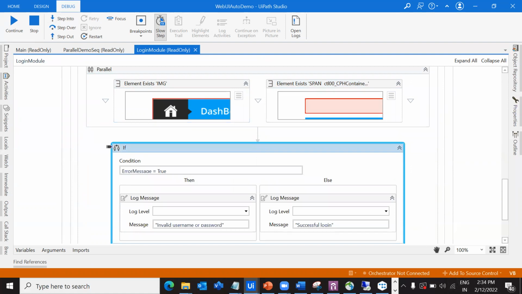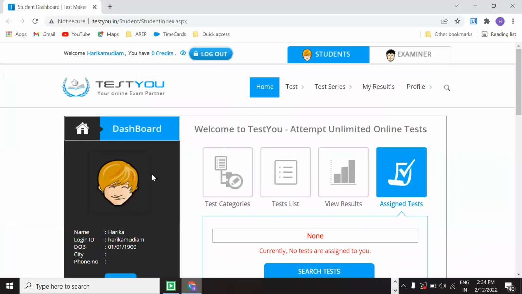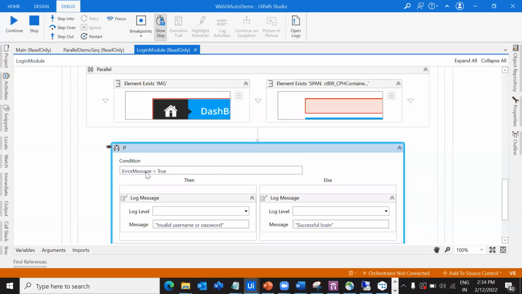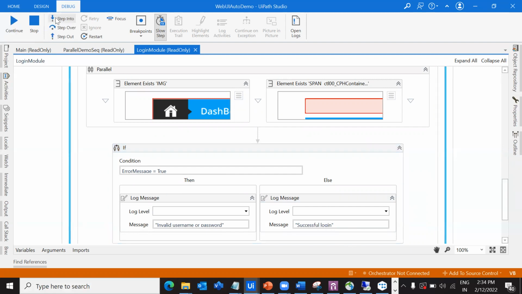So as per our scenario, we should have the dashboard, right? So it has to say error message is false. So it will be going to the else block where it will print the successful login, right? So this is how the flow actually happens. So now instead of changing the variable values,